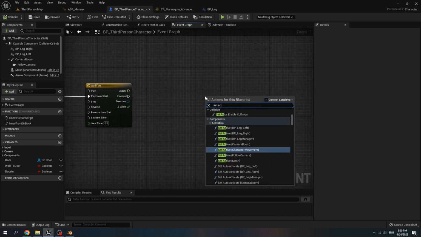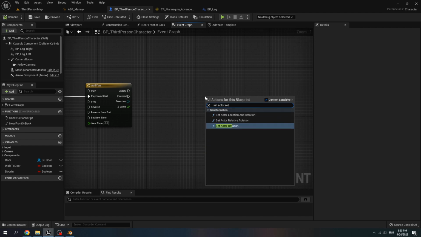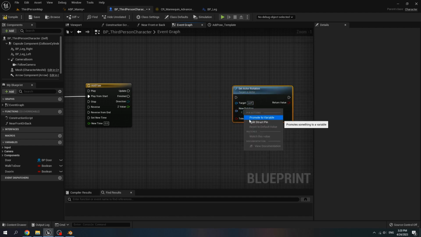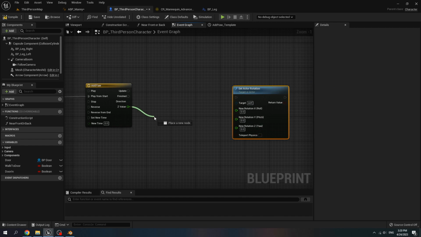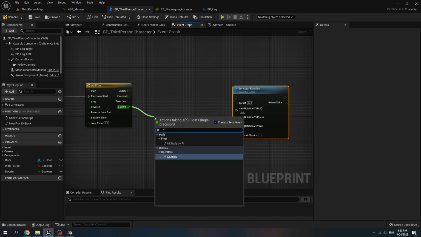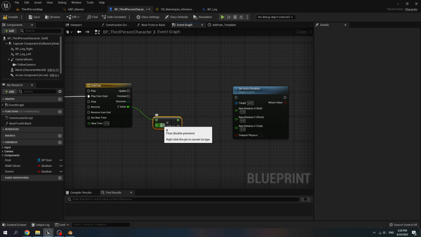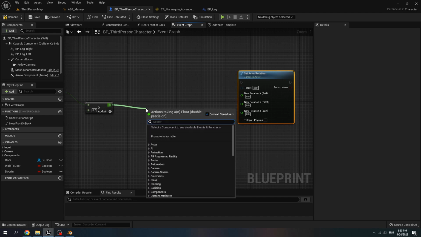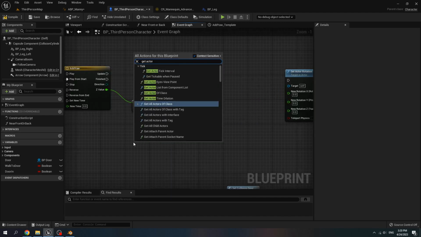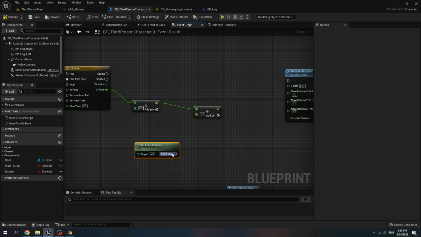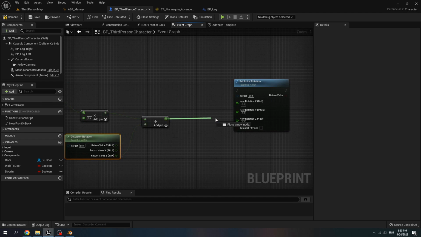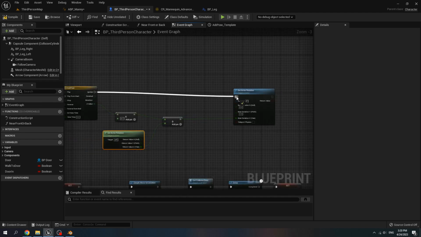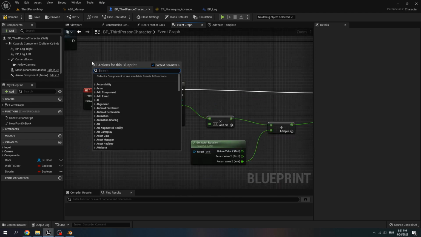Set actor rotation. Split the new rotation. For the value, multiply it with 0.7 and then we add get actor rotation, split it, connect yaw to add and connect it to Z, and then connect update to set actor rotation.